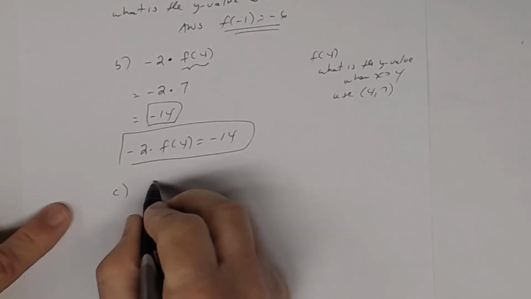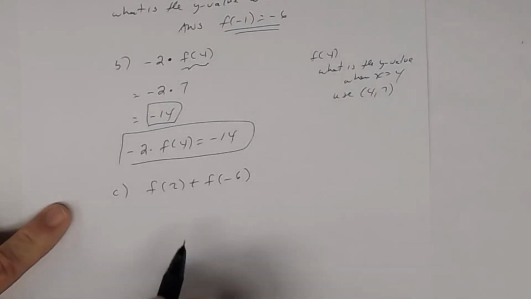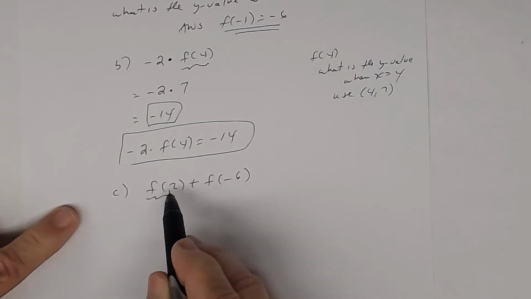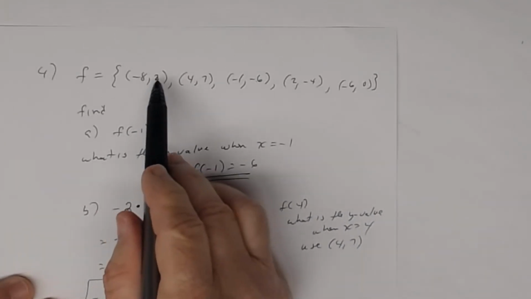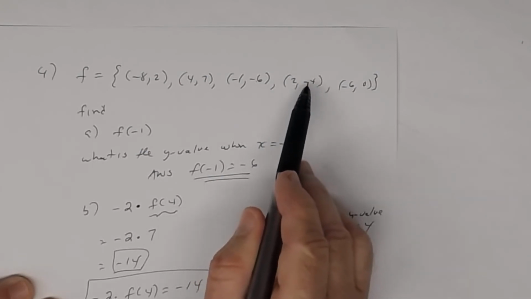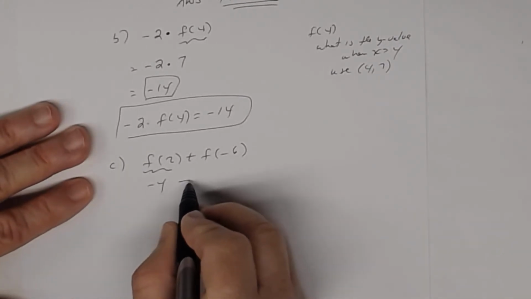C, suppose you want to find f of 2 plus f of negative 6. All right, well, remember what this means. What is that y value when x is 2? Well, when x is 2, that's right here, right? So what's my y value? My y value is negative 4. So this becomes negative 4 plus